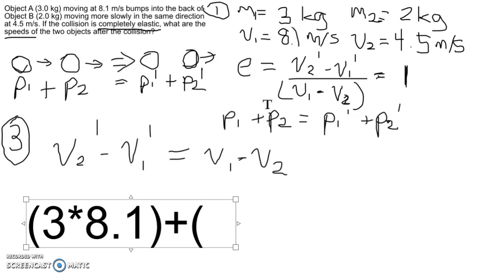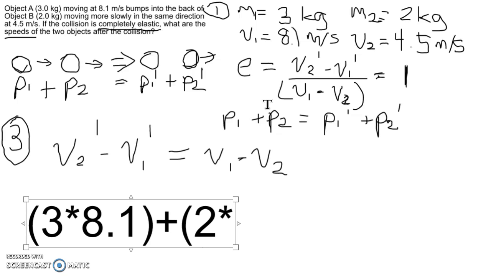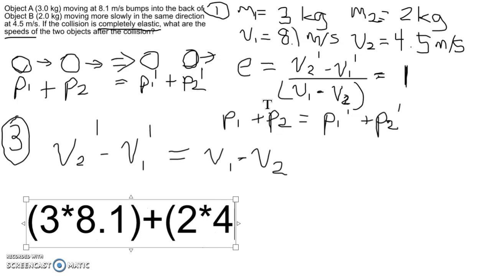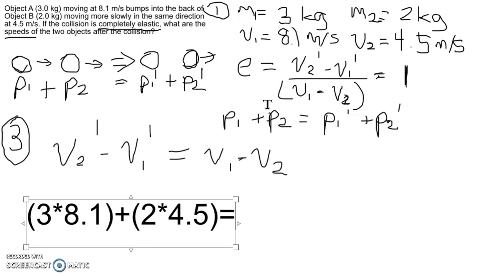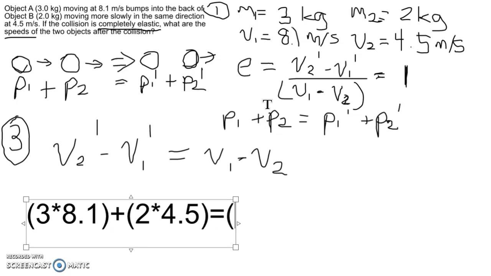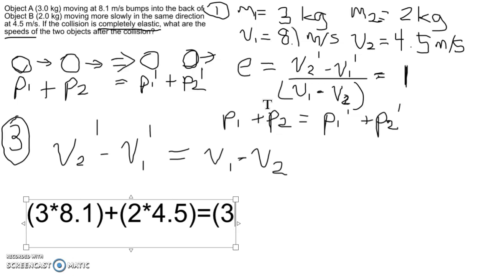So the first initial momentum plus the second initial momentum equals the first final momentum, which is, we know that the mass is the same, so